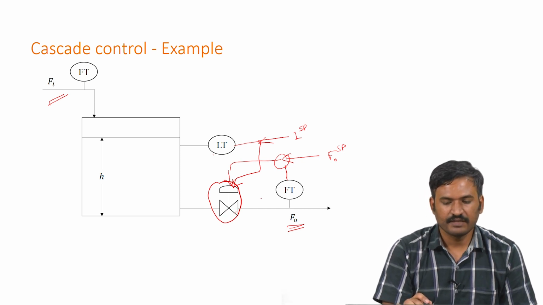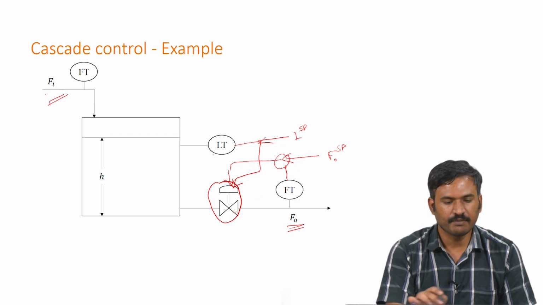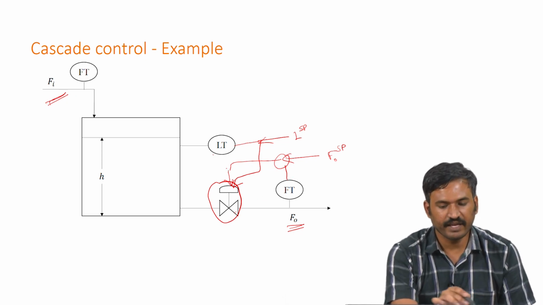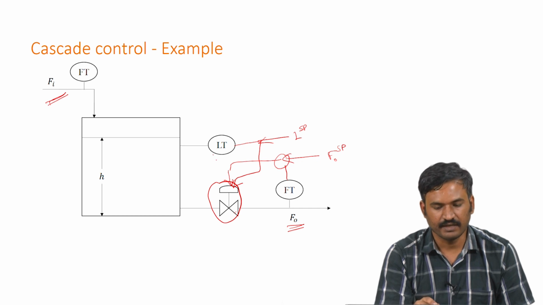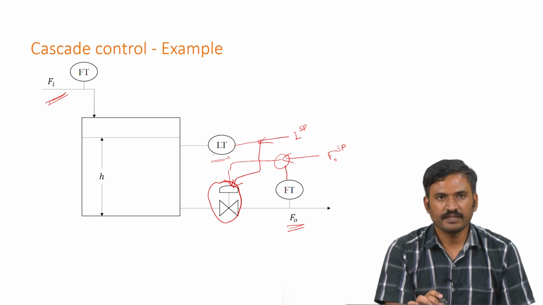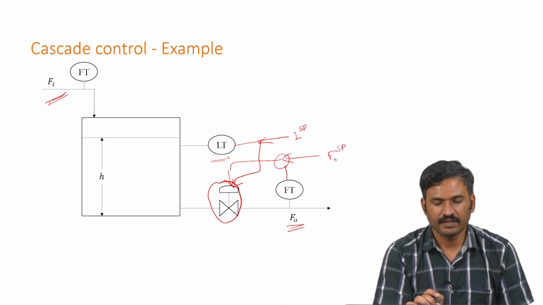So, there is no information about either the variation of Fi or the variation of level which is indicated by the level transmitter LT. Now, this cascade controller looks at